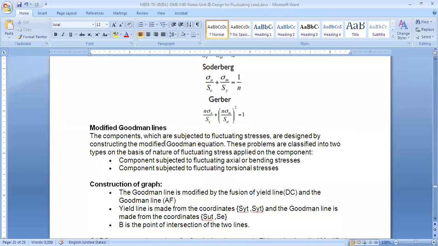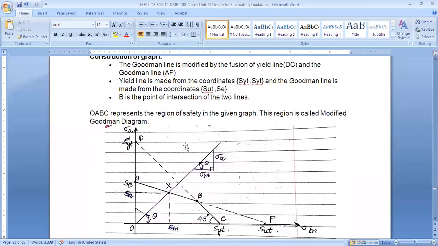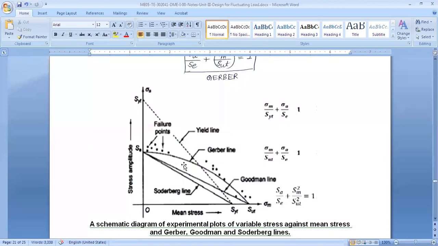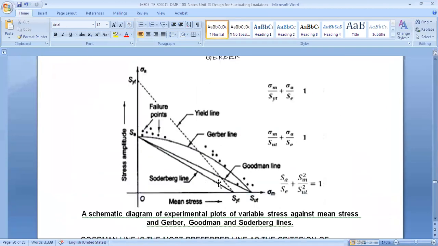Awesome. So let's try to understand the last part of these lines, that is the modified Goodman line. Now see, again I'm looking at the same diagram. This is how we have drawn the lines: Goodman line, Soderberg line, Gerber line. Now,